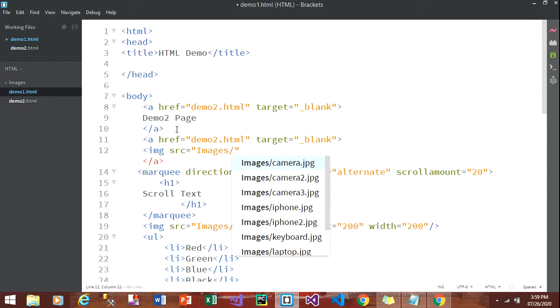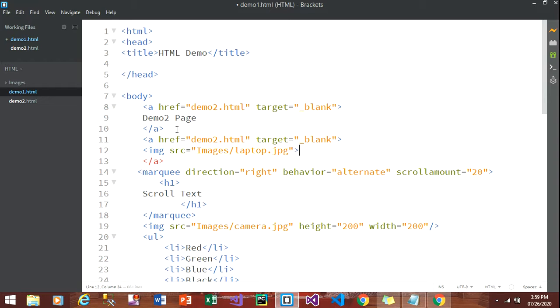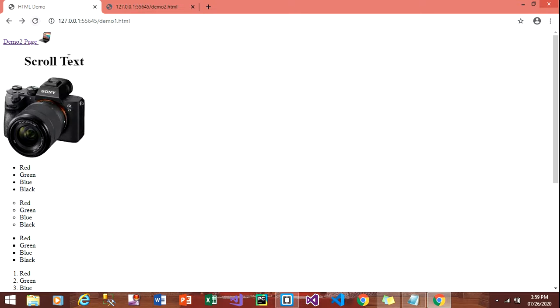In this case, I will use some image, for example, laptop. And I will state its height is suppose 30 pixels, width is also 30 pixels. Now if I save, and look at the output in the browser, you will get this laptop image.